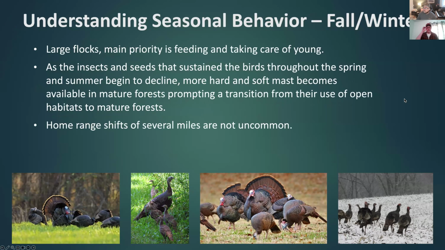Smaller groups, and then going back to the fall and winter, this is when they're going to flock up into big flocks, which helps them watch out for predators. They'll also concentrate on really good food sources. So if there's a big standing cornfield or something like that, you may see those large flocks get up into there. The insects have obviously gone dormant, and they can't find them that time of year. Most of the seeds have been eaten or sprouted or buried. So again, home ranges can be different quite a bit between the winter and the summer.